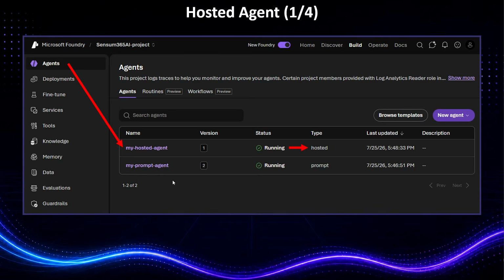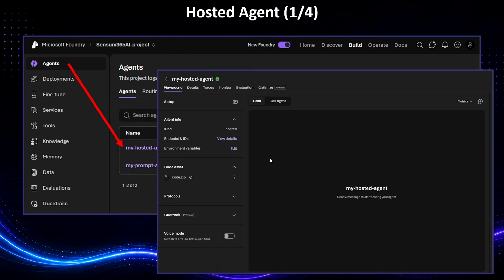It's just a middle layer between your agents that can then do anything and the portal itself. If you go into new agents, you won't be able to make one of these hosted agents because it requires code. So they just look like this, and you can actually just download the source code of the agent, which we'll see in 1 second. But you get the traces, monitoring, evaluation, all those things.